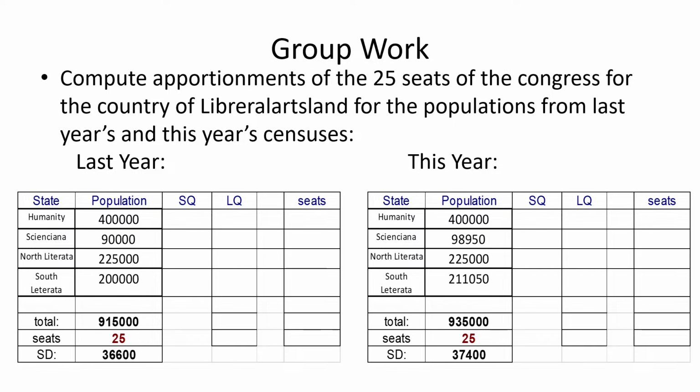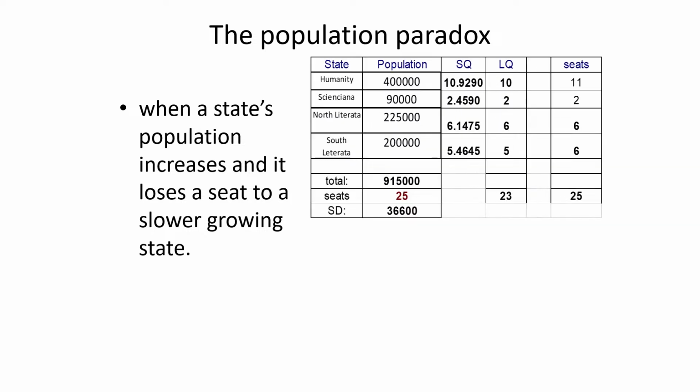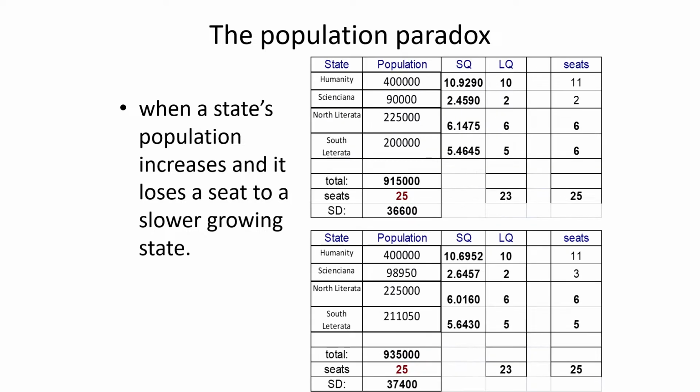Especially when, let's see, these two here. Let me get this right. Click. There we go. Okay, so up here you have 11,266. Is that what you guys got? And then 11,365. So you'll notice that the only states that changed, Humanities didn't change at all. You've increased the population. The increase came from Scienceana and South Literata. So those two increased population.